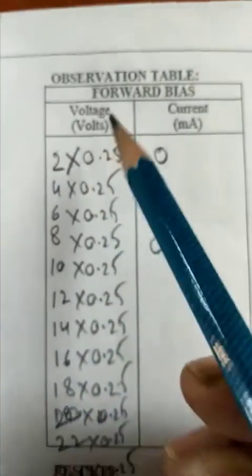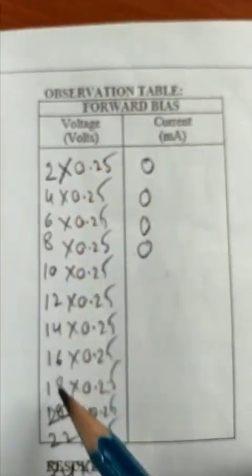Don't take out the line graph. On the x-axis you are placing lines. Don't place lines. You multiply with the value, and the total value you have to place on the x-axis. Correct or not? Voltmeter, and current on the y-axis. Now slowly I am increasing, 0 only you will get.